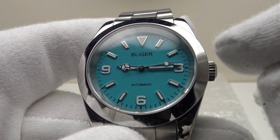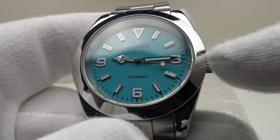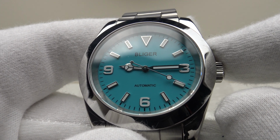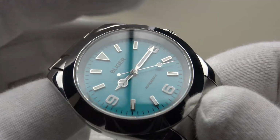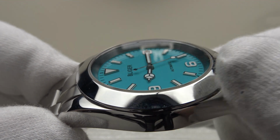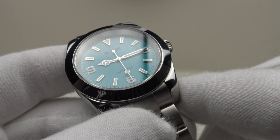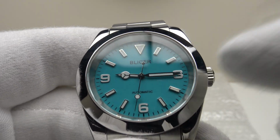And I think plus 5 seconds per day really is a credit to Bliger because they are well regulating the PT5000 movements they're using. That is actually within COSC chronometer limits of -4 to plus 6 seconds per day. It's very unusual to get a plus 5 second per day watch at only €130, and I really like the